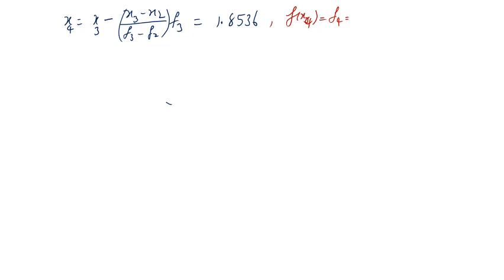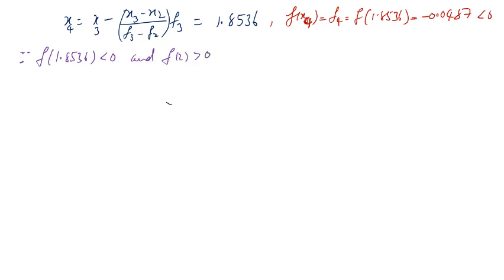F of x4 means f of 1.8536 value. This is minus 0.0487, negative. Now since f of 1.8536 is negative, and f of 2 is greater than 0, positive in the previous interval,